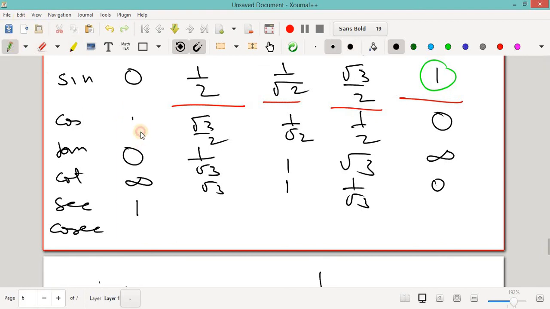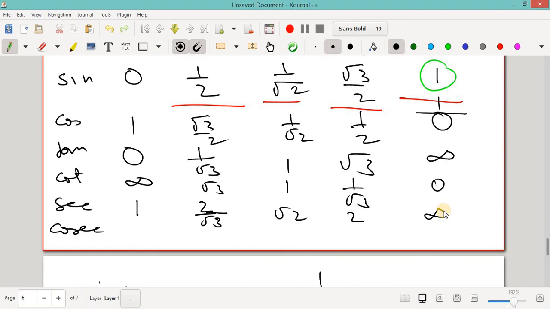Next one, again you just take the reciprocal in a simple way. Cos theta is root 3 by 2, so what will you write for sec theta? It will be 2 by root 3. No need to work it out again. Next one is 1 by root 2, so it will be root 2. Then 1 by 2, it will be 2. Clear? Here you have to do one thing: it will be 1 by 0, because sec theta is 1 by cos theta. And I told you that if the denominator is 0, it will be not defined. So again, not defined, or you can write infinite here. Is it clear?